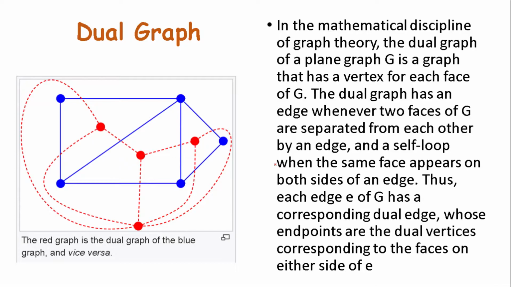Planar graph, what I mean is, how can we convert the problem of face coloring to vertex coloring? What we do here is, for each face, we have one vertex. So we replace each face, like we have here the first face, this face, 1 2 3 4. So basically we have 4 faces. Corresponding to this, we have each vertex 1 2 3 4, and we have an edge between them if these two faces are separated by one edge. Okay, so again this face coloring problem is converted to vertex coloring.